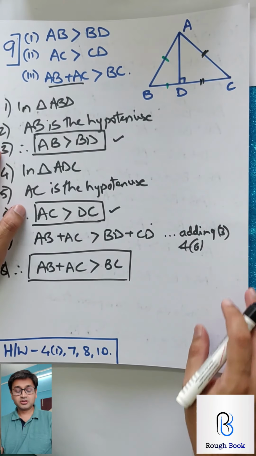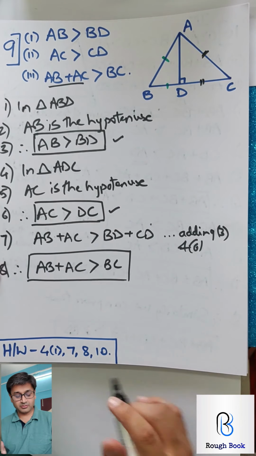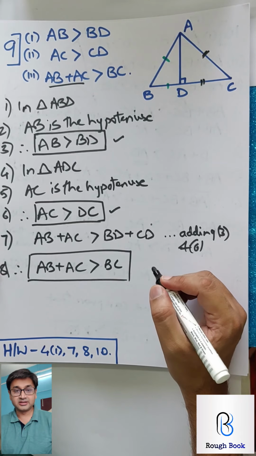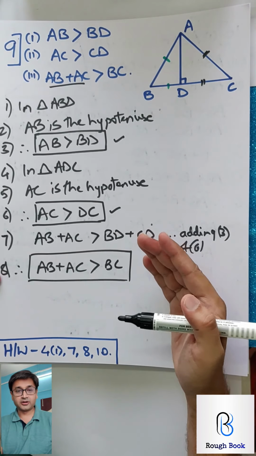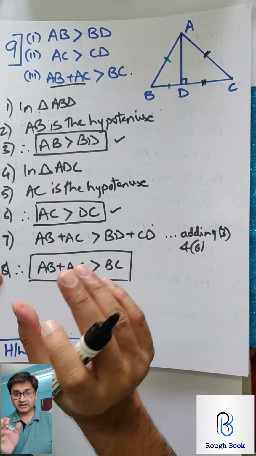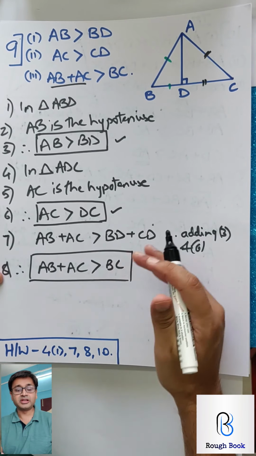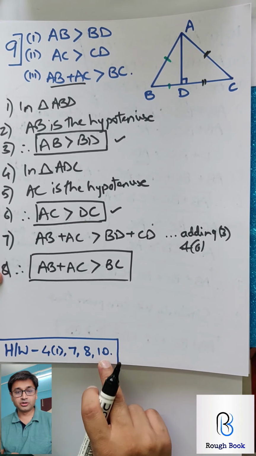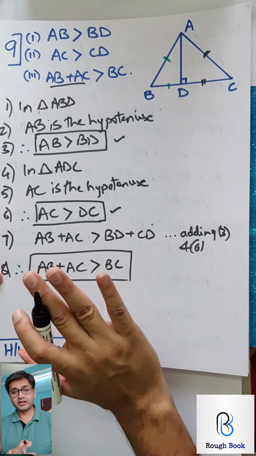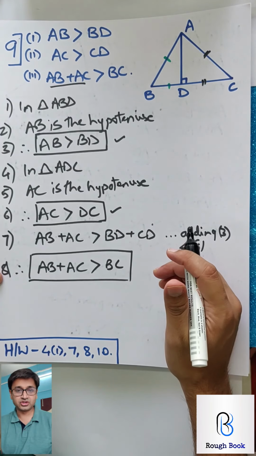Thank you so much. So for your homework, I want you to do sum number 4 part 1, 7, 8 and 10. I'm asking you to repeat the sums so that you get a good hand on it and you practice it well, because I know the first time you must have seen only little parts of it, so you're not very thorough with it. Okay, so it's better you repeat these sums again. The remaining sums till 10, avoid them, don't worry, this much is enough for this chapter.